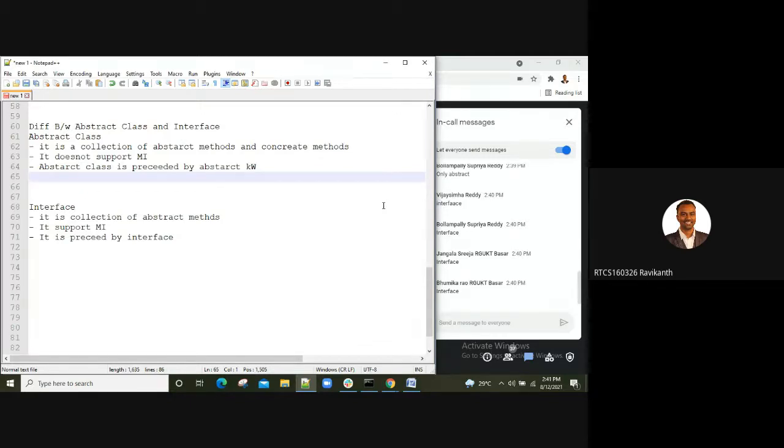The default access specifier of abstract class methods is default only, whereas the default access specifier of interface methods is public. These are a few differences which you have to understand.